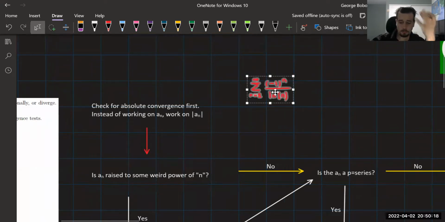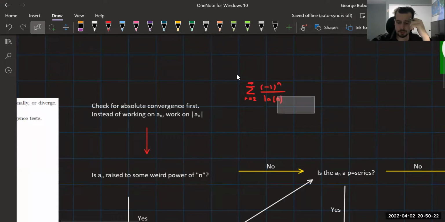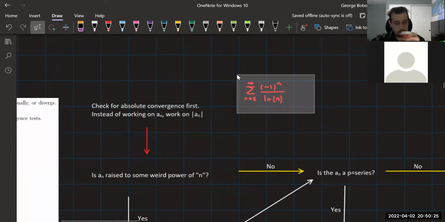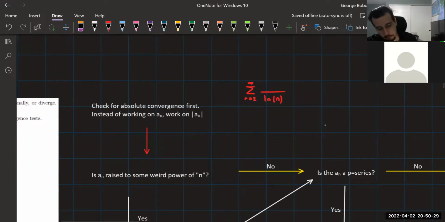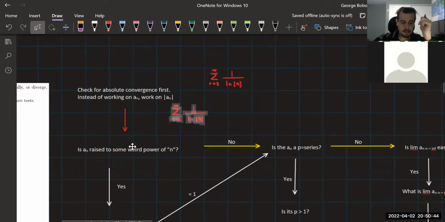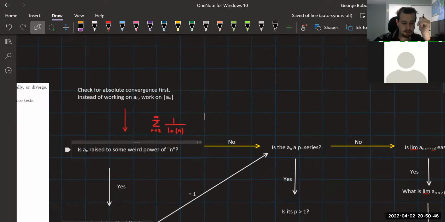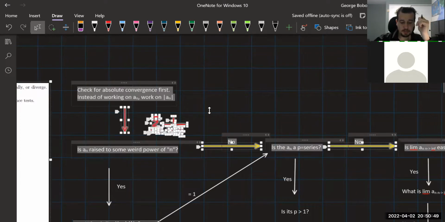So what do I need to do here, Pranav, to check for absolute convergence on this series? Take the absolute value of the function, so you just have 1 to the power of n over ln n. Okay, so this guy now. So pay close attention. I can already tingle on what the test that's going to work is. You should be a little bit tingling already, but let's pay close attention. I will get there. Is a_n referring again to this bit?